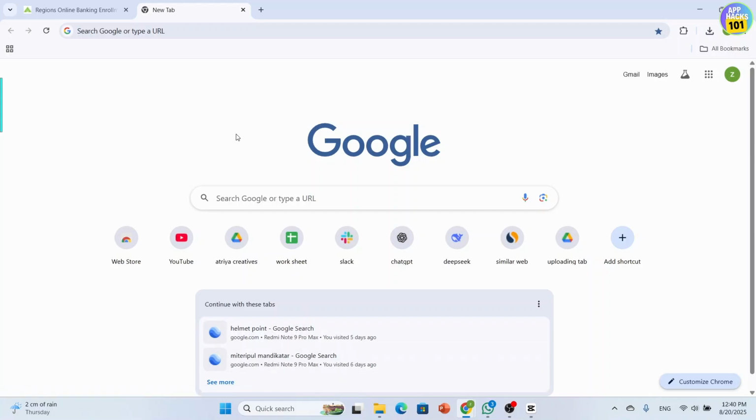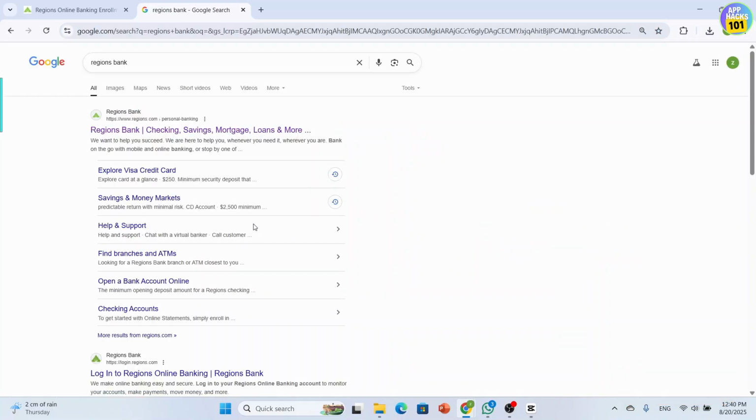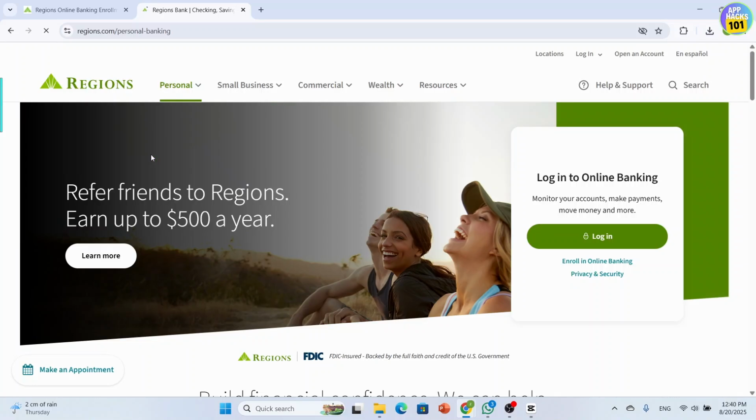So first things first, open any web browser, and once inside, you can just click on the search bar and simply search for Regions Bank. And now from the search results, just click on the first link, and after that you'll be taken to the official website of Regions Bank. Now simply log in using your credentials, and once logged in, from the dashboard just click Transfer in the